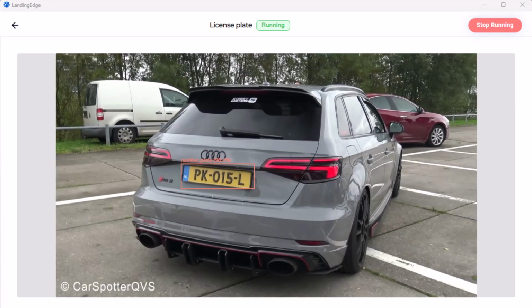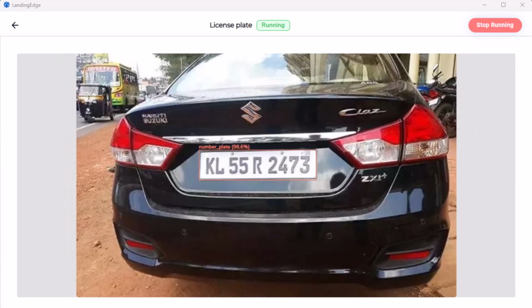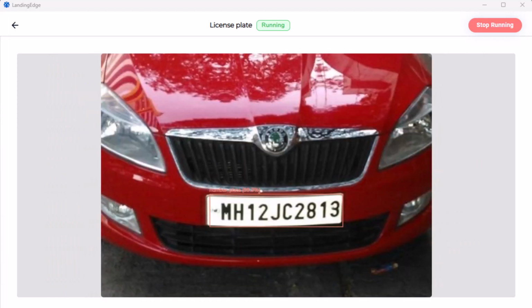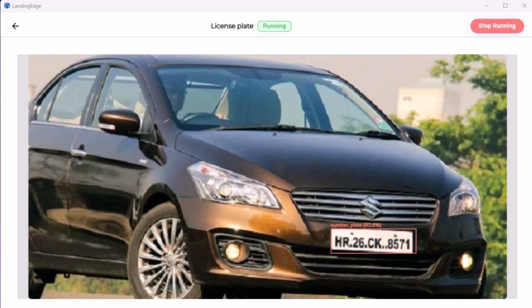In LandingEdge, I can see the real-time processing of images and live predictions made by the model. I can continue to run inference on more images, or open my project in LandingLens to retrain a new model with these